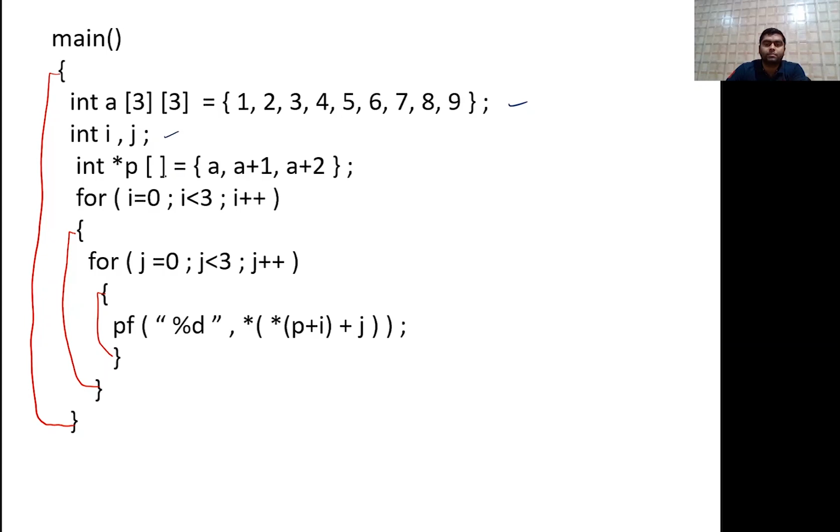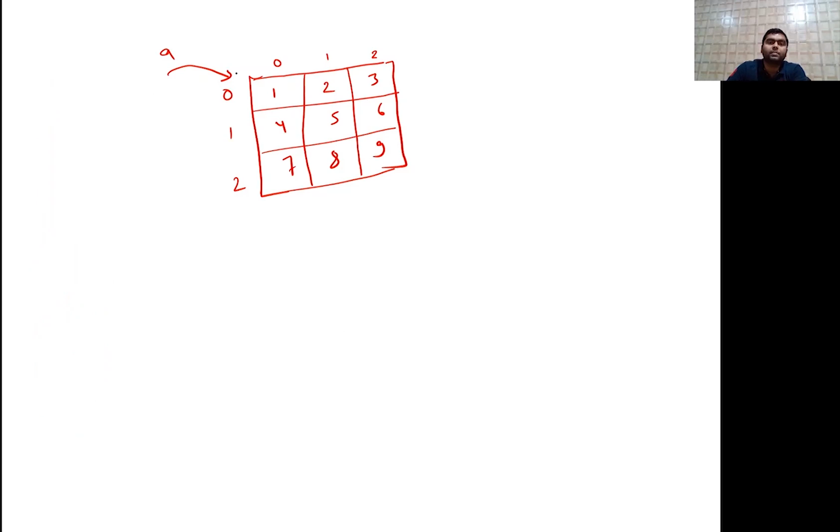Pointers, integer pointers. So what will happen in this case? Some addresses are also there, let me explain those. Starting address, let us assume this is 1000, this will be 1002, and this will be 1004. Then 1006, 1008 and 1010, and then 1012, 1014 and 1016. So the base address we are assuming is 1000.